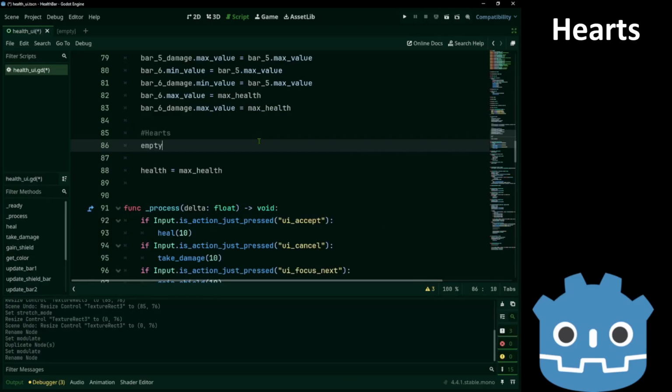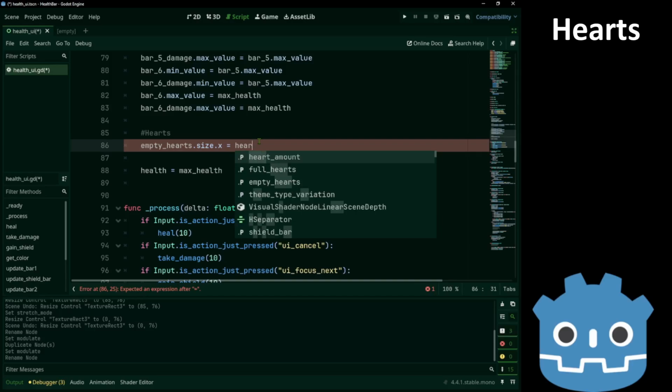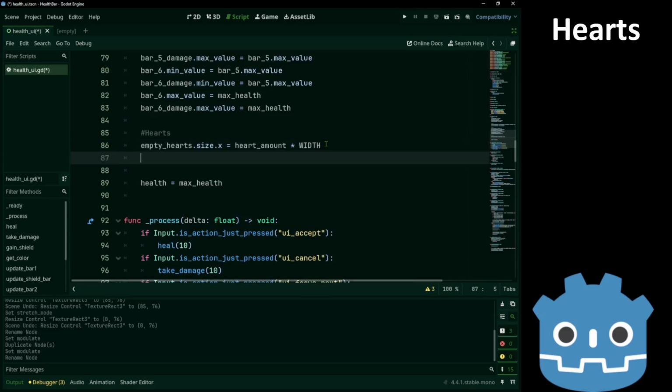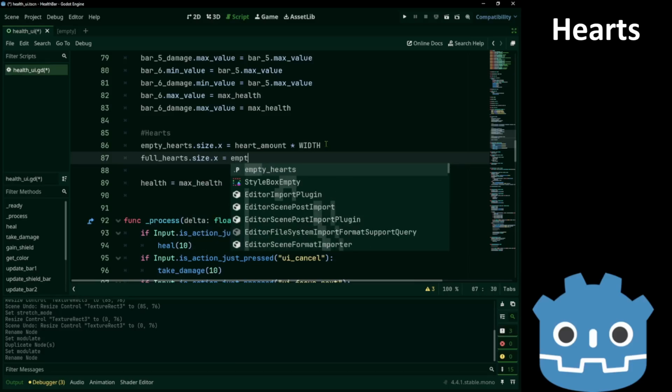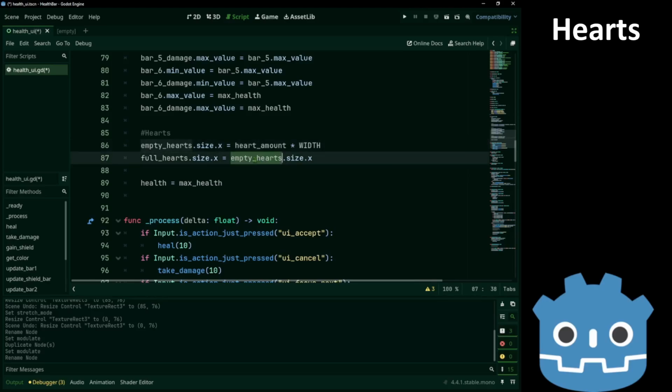And I will say empty hearts dot size dot x is equal to heart amount times width. And the same goes for the full hearts. They have the same size, so I can just use empty hearts dot size.